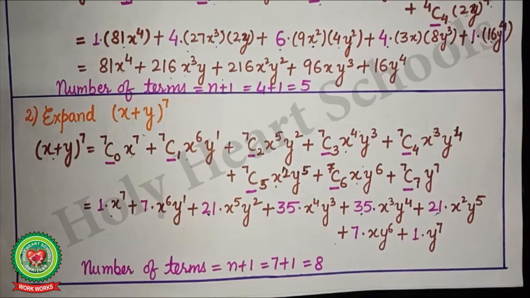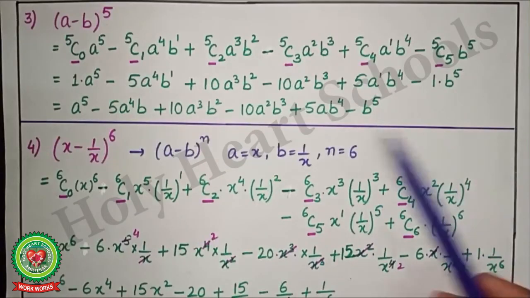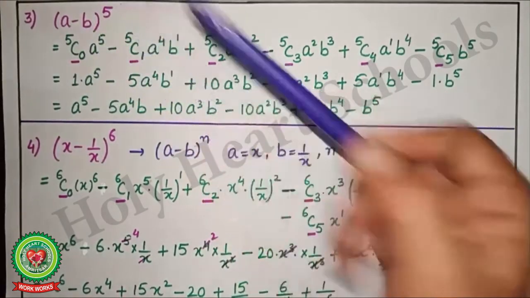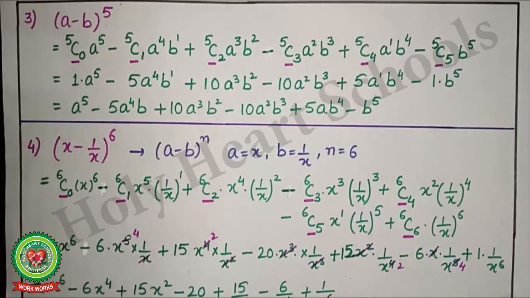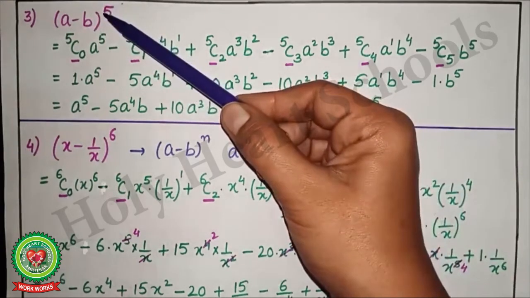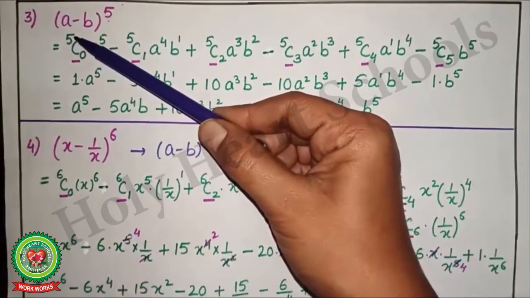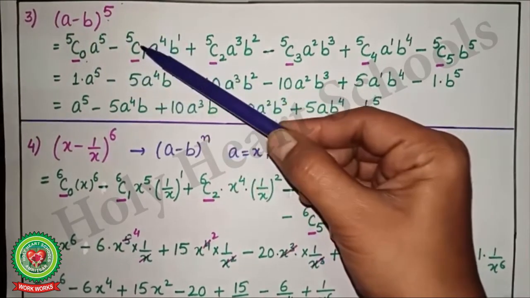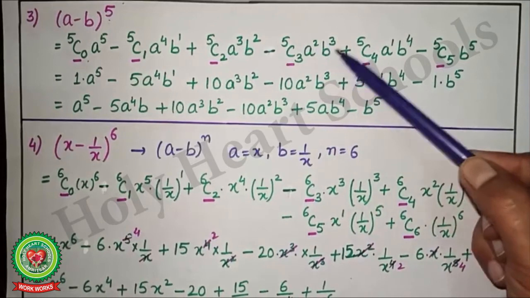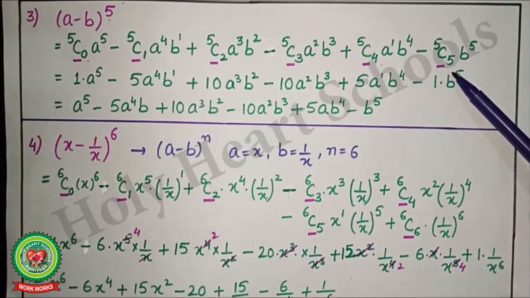Now let's discuss the examples related to (a - b) raised to power n. First is (a - b) raised to power 5. Now again here, the same terms are there, the same formula will be there. Because of the minus sign, the alternate signs will change. Now, firstly, the power is 5. So, 5c0, 5c1, 5c2, 5c3, 5c4 and 5c5.